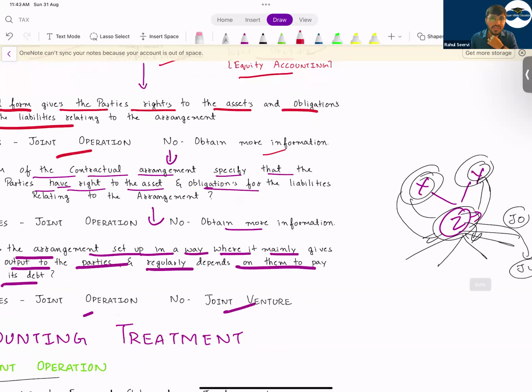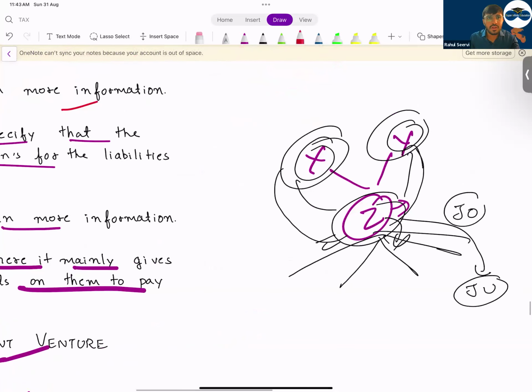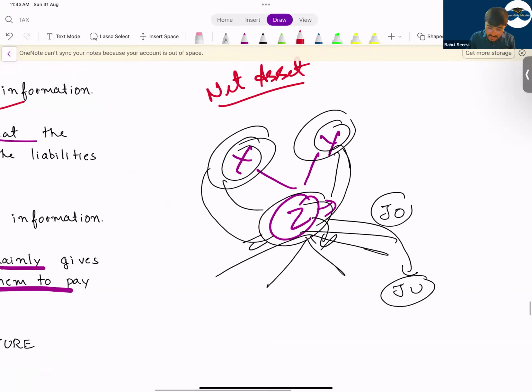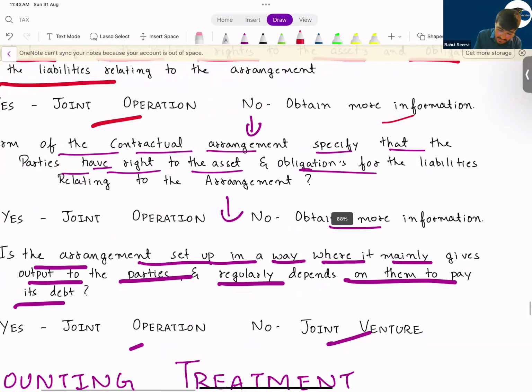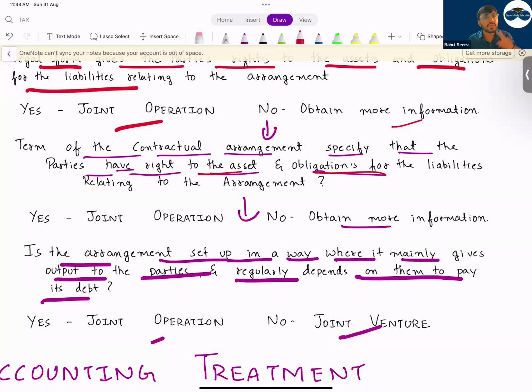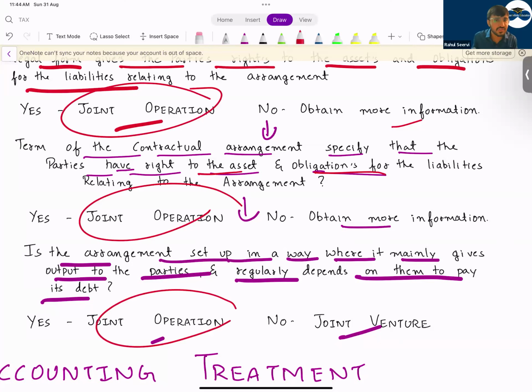Guarantee, see, guarantee means what now? But in the question they mention net asset, no? Yes. In the question they mention net asset, so it will be a joint venture only. Why did I mention this? When I say this, you should consider when they have the right to the asset and obligation, not the net asset part. That is the reason I've written joint operation. Then we'll come to this conclusion.